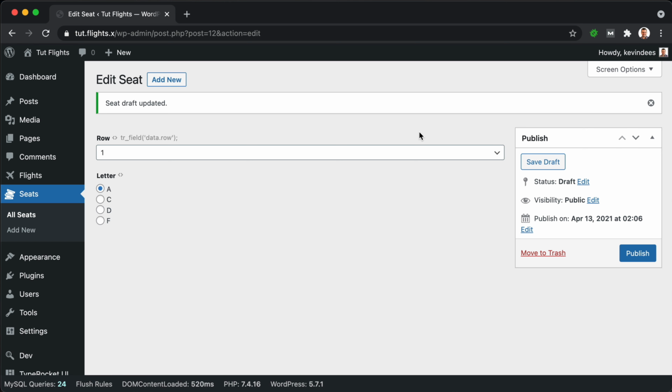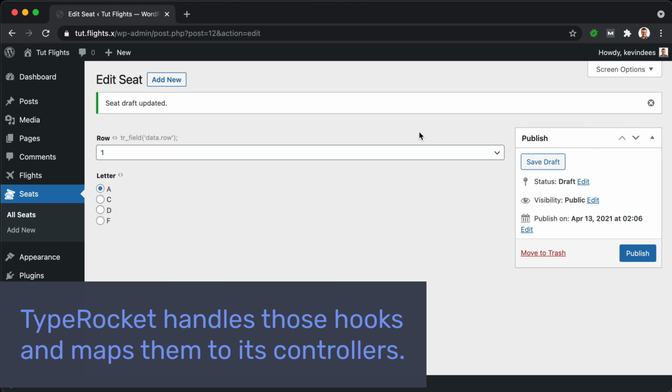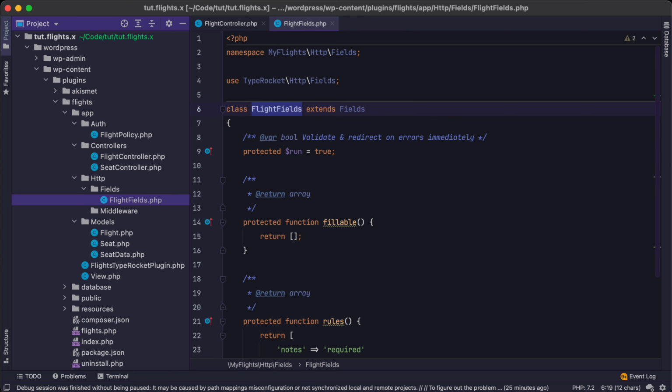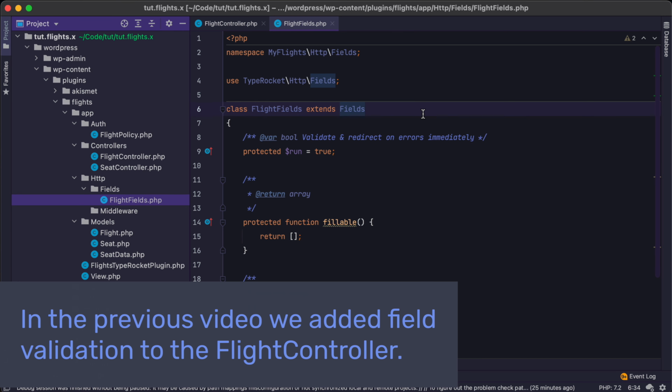And luckily, TypeRocket removes that process away from us and allows us to use controllers. But instead of accessing a controller directly like we did in a previous video for our flights controller to handle validation, TypeRocket provides just a few custom actions that we can use on our controller so that it handles these edge cases for us because we're working within a post type. So with all that being said, those are kind of the constraints of working with a post type inside of WordPress and adding field validation to it. So let's jump to the code and let's look at what we did previously